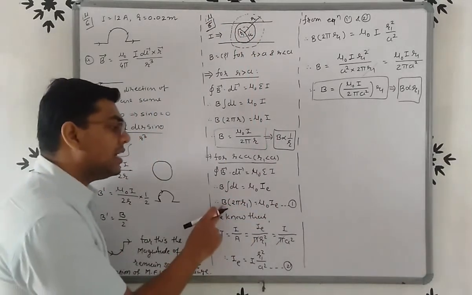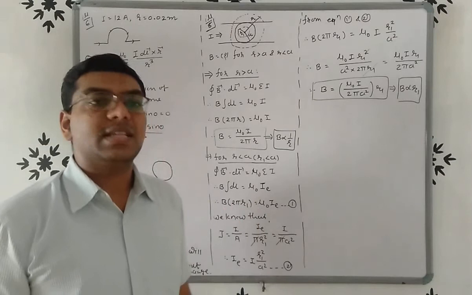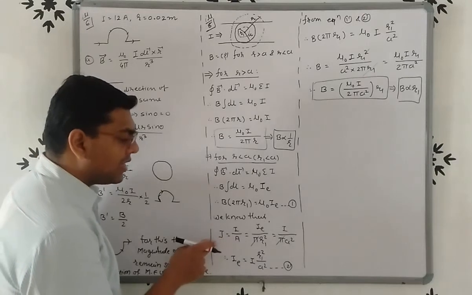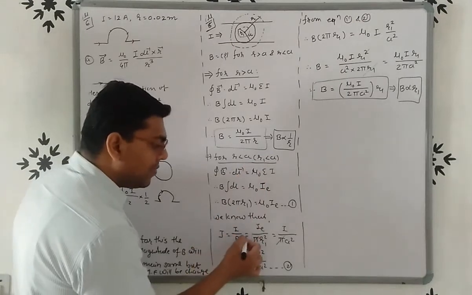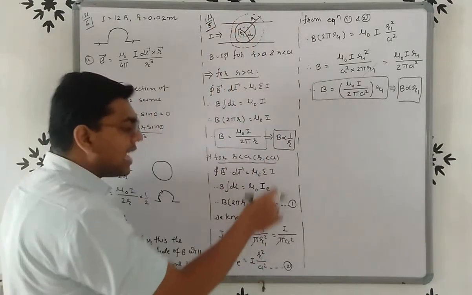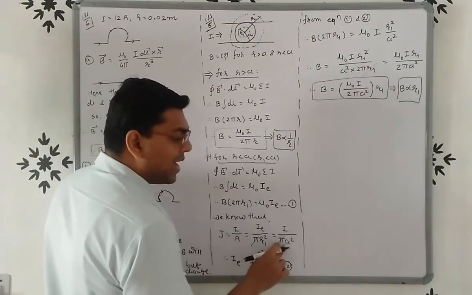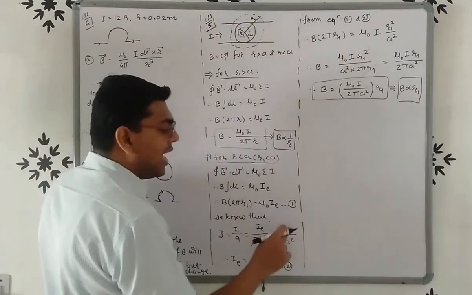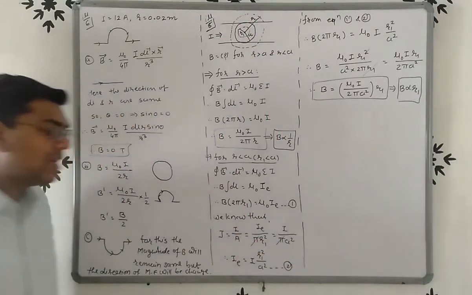To find out the magnetic field, first of all we have to find out IE. So we know that current density will always remain the same, J is equal to I by A. So here we can write the current density for radius R1 and for A. For R1, the area is pi R1 square and the current passing through radius R1 is IE, so IE upon pi R1 square. Then for A, the area will be pi A square, and the current passing through the cross section of A will be I. So here pi cancels, so IE is equal to I into R1 square upon A square.